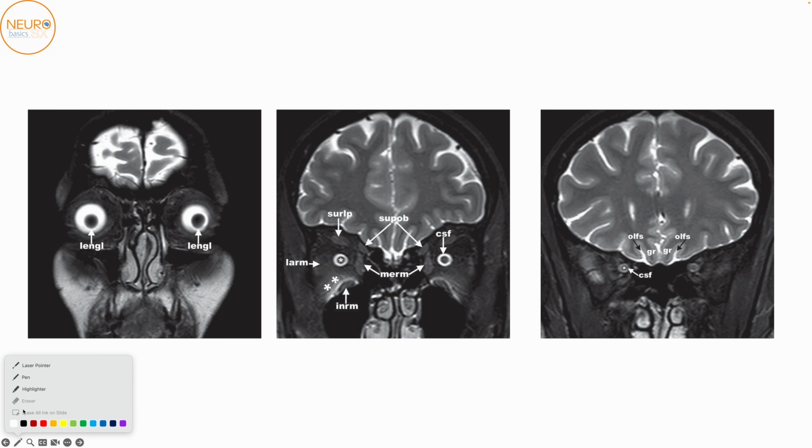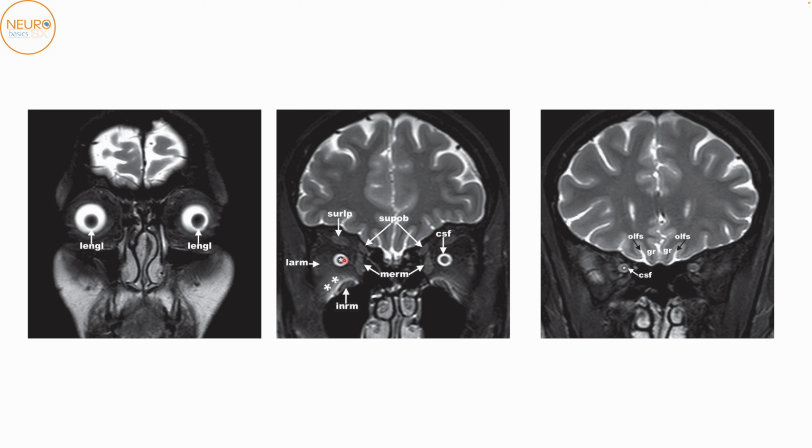On T2 imaging, these are again T2 fat suppressed images. So as you can see, the orbital fat is suppressed. On T2 imaging, the muscles are not as obvious as they are on T1 imaging. So this is a medial rectus, this is superior rectus, lateral rectus, inferior rectus, which as you can see is